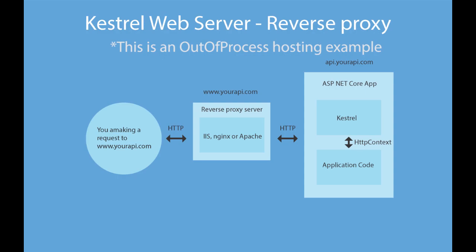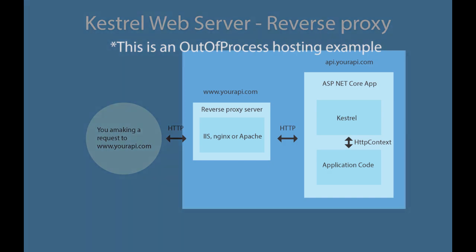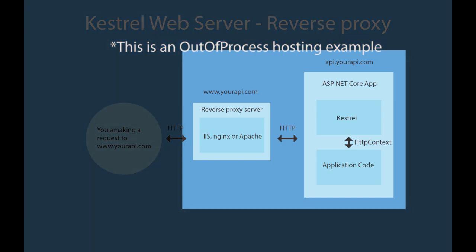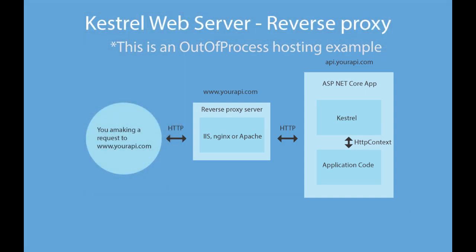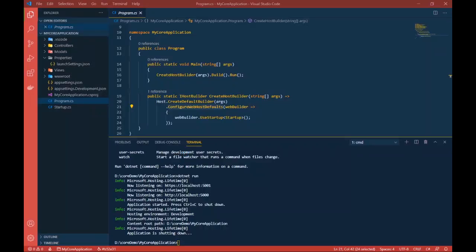Slower than in process. And what is in process? Well, in process is when you host this reverse proxy and this Kestrel, they both are inside IIS itself. Now we will discuss in process and out process in coming videos. So basically this is the configuration that I personally choose for Kestrel. So yeah, that's a basic Kestrel tutorial. Let's move on. So yeah, that Kestrel setup is also done by this ConfigureWebHostDefaults.